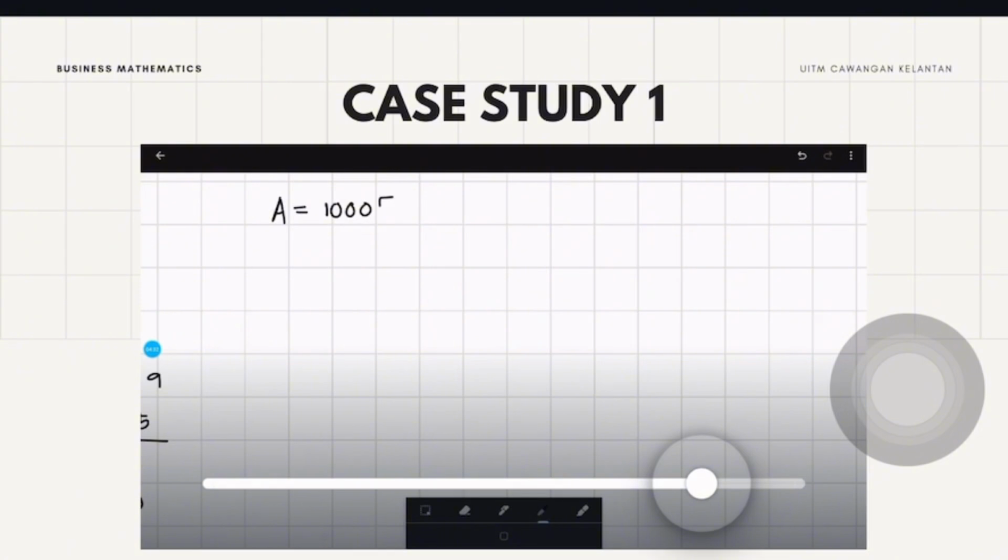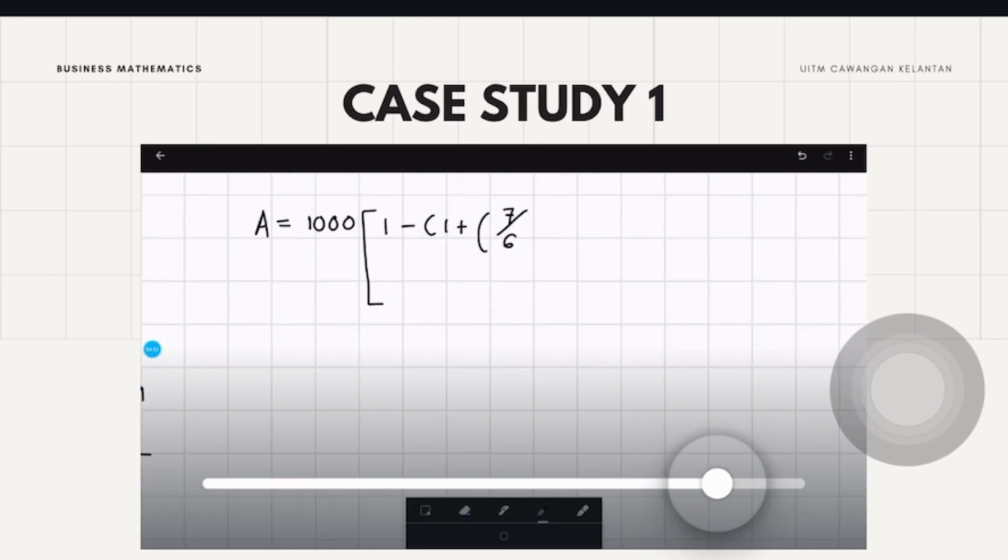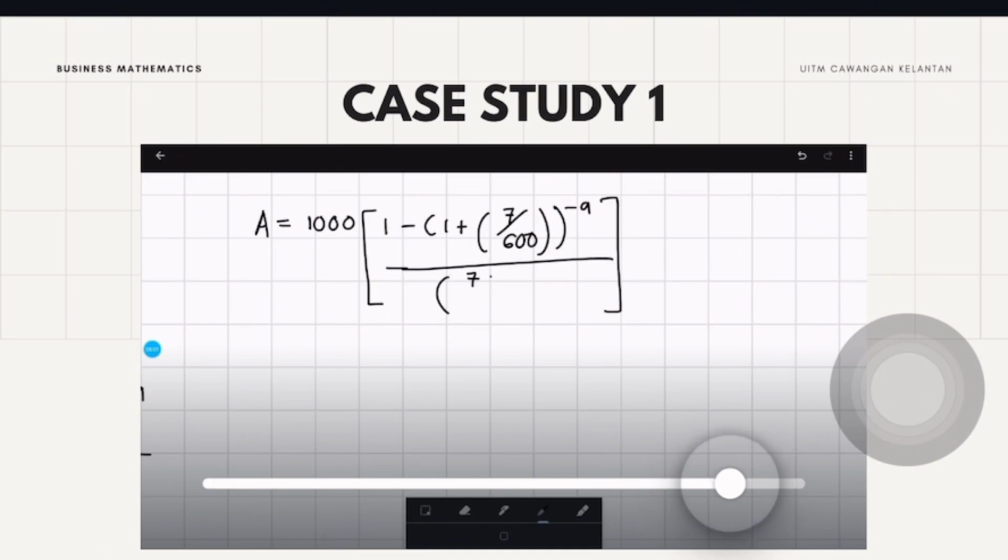So now we are going to calculate, and we put A equals 1,000 in bracket 1 minus in bracket 1 plus 7 per 600 in bracket again power of negative 9, and then divide by 7 per 600, and our initial value, our present value, is